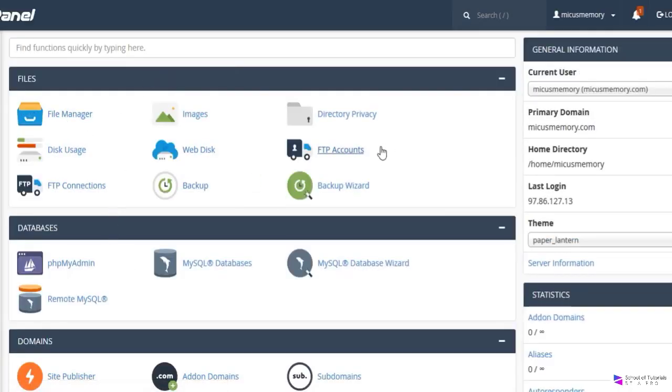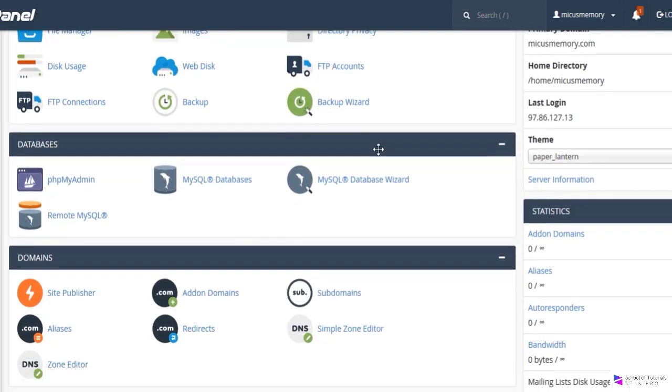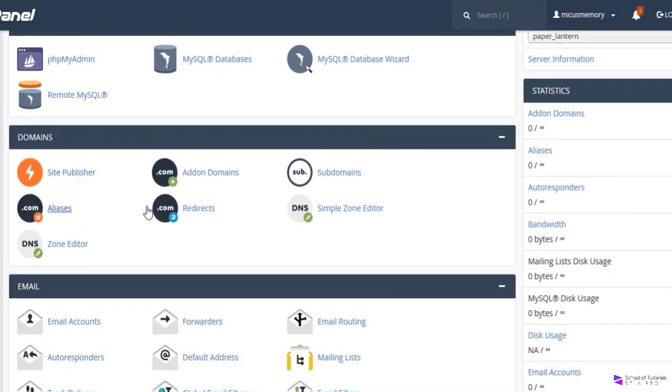So scroll down the page to the section labeled domains, and this is why this is important. When you create your wildcard subdomains, that's what's going to tell WordPress every time it issues a website to point that website to the right folder, to the right directory. When we eventually install WordPress, we're going to use the subdomain method for installing WordPress. So now what we're going to do is click subdomains,